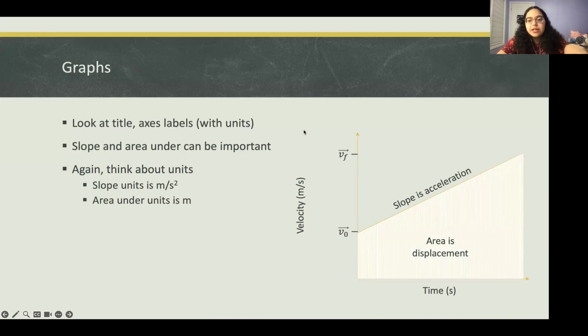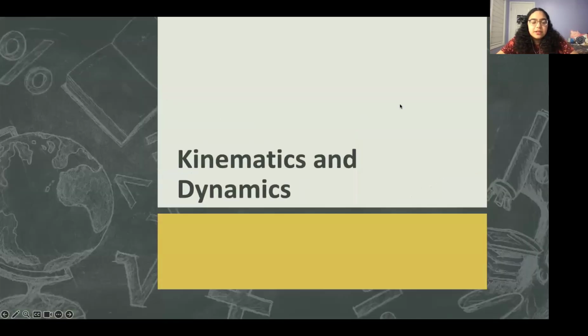So meters per second divided by seconds is meters per second squared, the units for acceleration. And that is the case that the slope of a velocity-time graph is your acceleration, or I guess the derivative if it's like a curve. So yeah, think about units in these as well. Slope and area can get you new values. So that's also nice. And then we move into content.